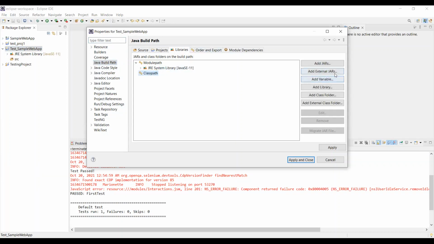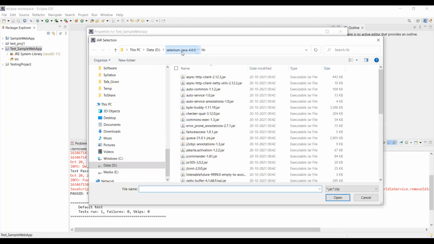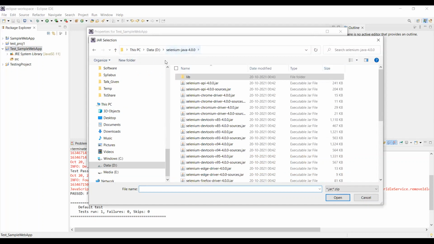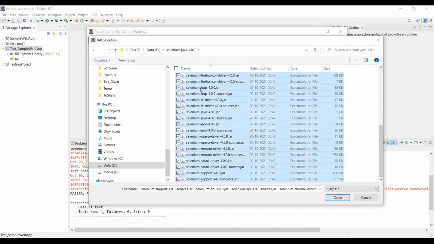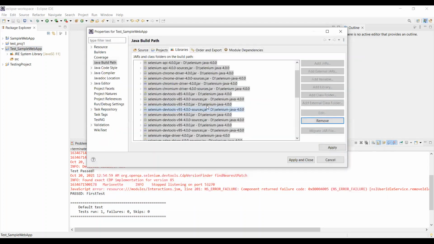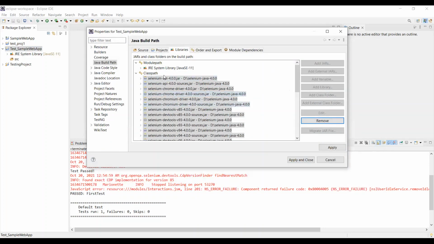Right. Once you click on this, you can do Add External JARs. So click on Add External JARs and look at the unzipped folder where you have unzipped the recently downloaded Java bindings. Right. So this is the Selenium Java 4.0 files that we have just now downloaded. You need to select all the jar files and open them to get them into the environment.